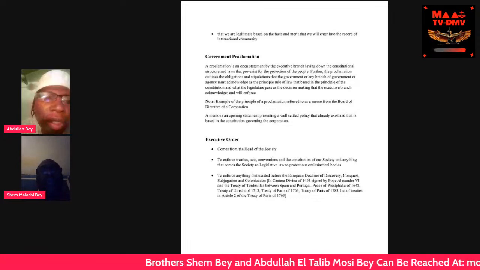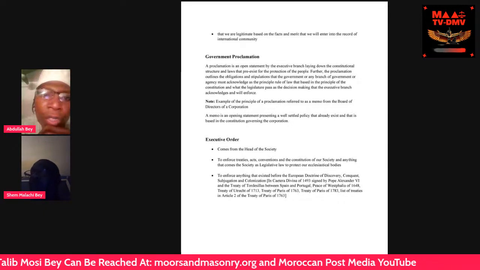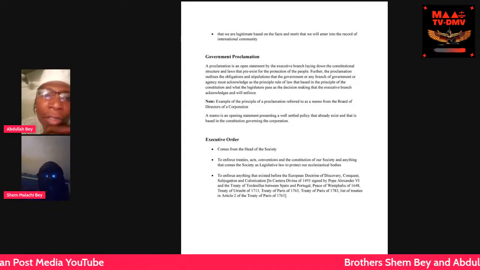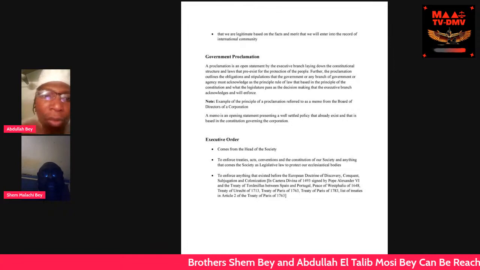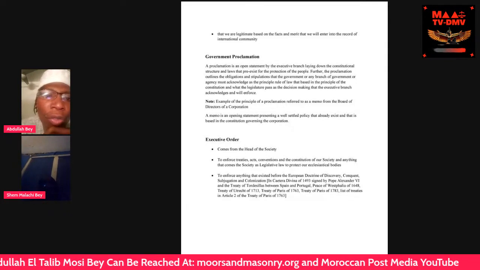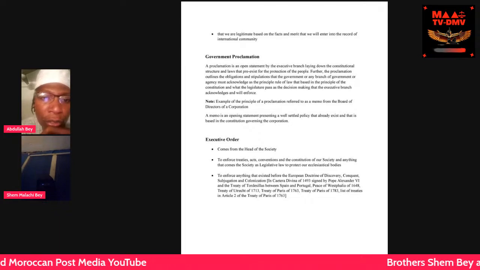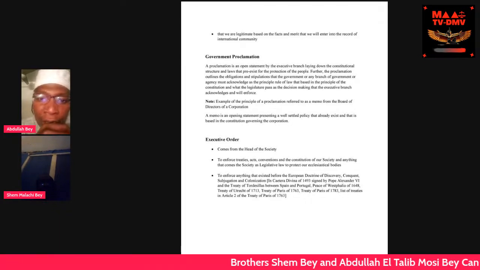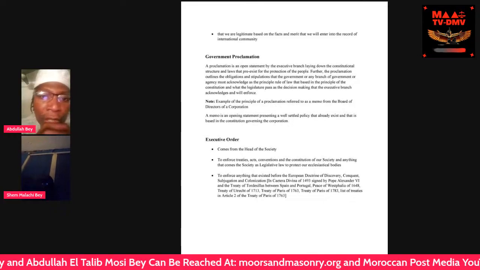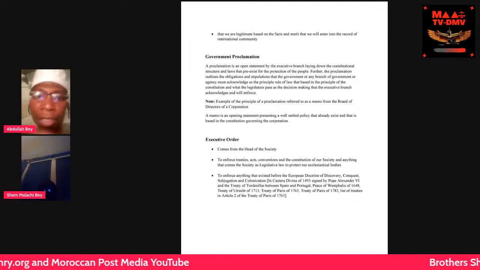An executive order comes from the head of the society to enforce treaties, acts, conventions, and the constitution of our society, and anything that the society has as legislative law to protect our ecclesiastical bodies, to enforce anything that existed before the European doctrine of discovery, conquest, subjugation, and colonization: Inter Caetera of 1493, signed by Pope Alexander VI, the Treaty of Tordesillas between Spain and Portugal, the Peace of Westphalia of 1648, the Treaty of Utrecht of 1713, the Treaty of Paris of 1763, that's between Great Britain and France, and the Treaty of Paris of 1783, that's between Great Britain and the United States. List of treaties